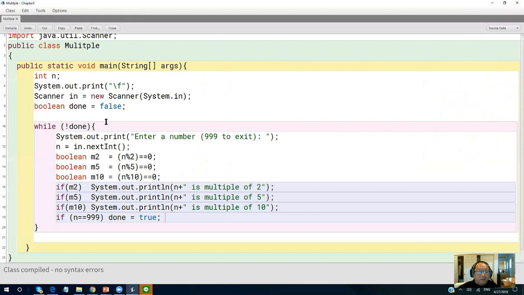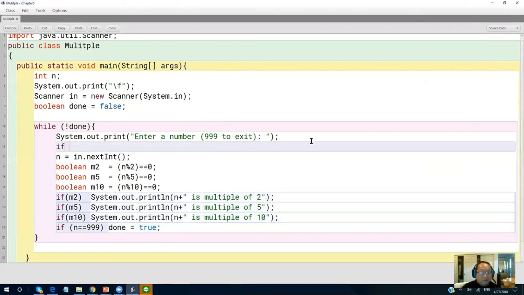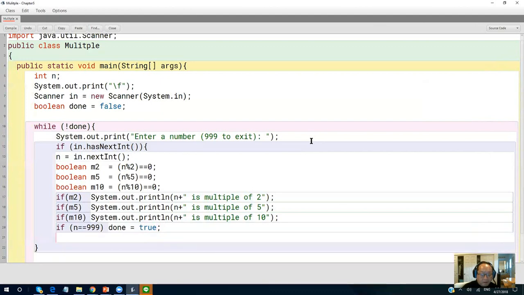So this is the not done, and then what we need to do right here is use the if statement, and then here if input has next integer, right? And we do this. We do this, right?